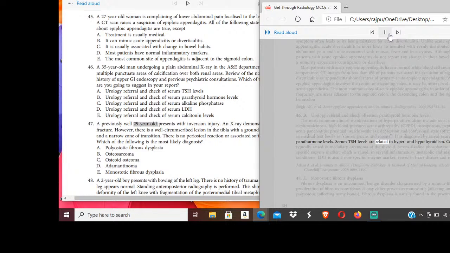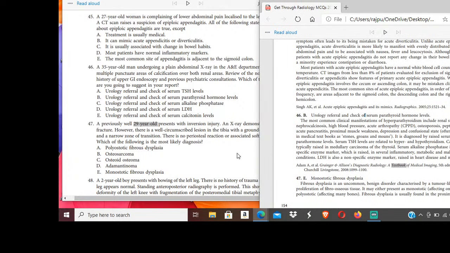Serum TSH levels are related to hyper and hypothyroidism. Calcitonin is typically raised in medullary carcinoma of the thyroid. Serum alkaline phosphatase is a non-specific enzyme marker, which is raised in several inflammatory, metabolic and malignant conditions. LDH is also a non-specific enzyme marker, raised in heart disease and myositis. Adam A, et al. Grainger and Allison's Diagnostic Radiology, a text